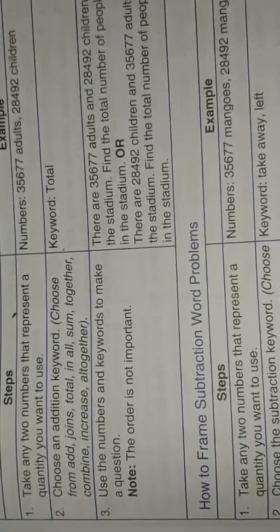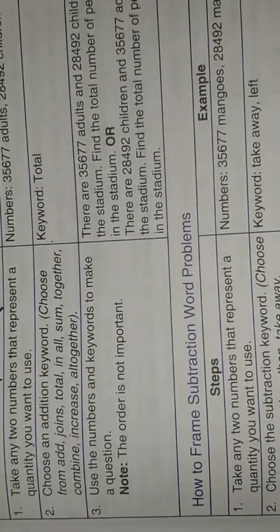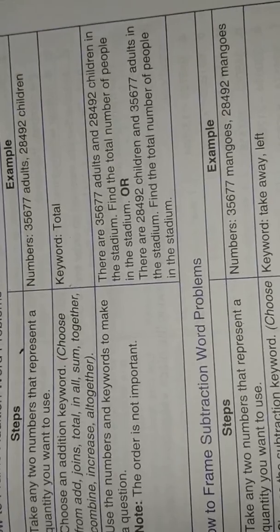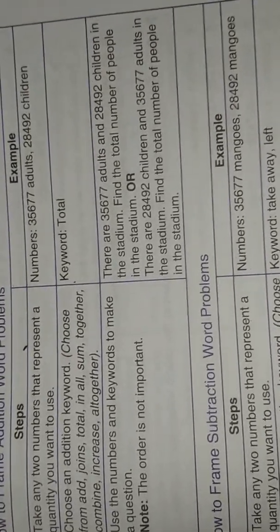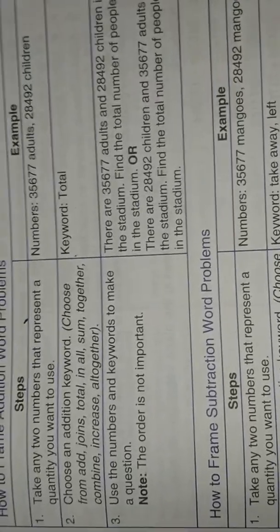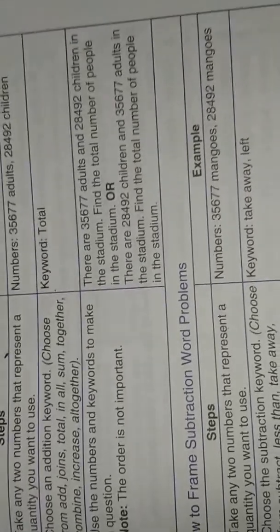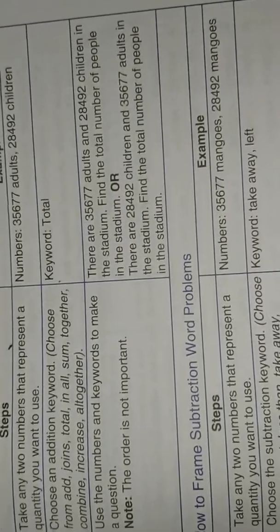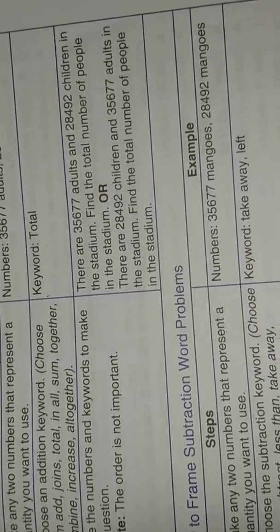But in additions, whenever we start the additions, there is no need for the order to matter. If we write the smaller number first and then the bigger number, it is not an issue. So the order is not important, but the sentence should be an addition one. Okay, sentence जो हम बनाएंगे, whatever question we have to make, that question addition जैसा होना चाहिए उसमें. ठीक है, that is the important thing.